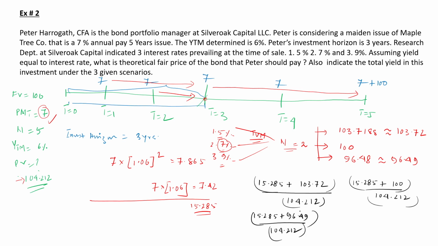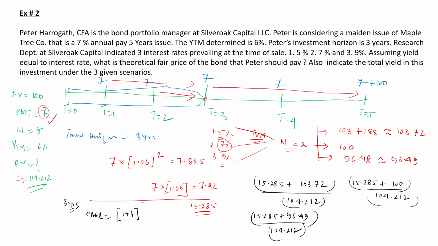Now, I'm sure that the rest of the calculation you should be able to do yourself. Only a couple of things I would add here. If you do this exercise, whatever return you will be getting will be over a period of 3 years. So if you have to annualize them, do not convert it into a percentage. Take whatever fraction you're getting here, under the different yield assumptions, and